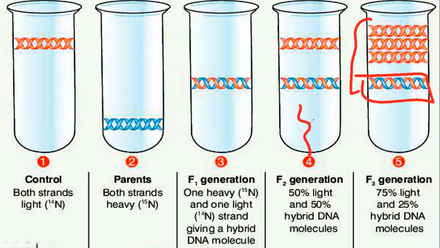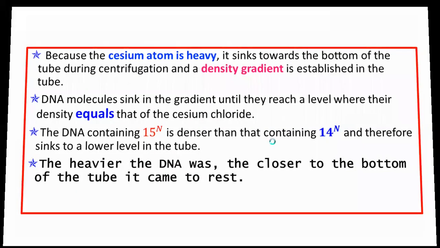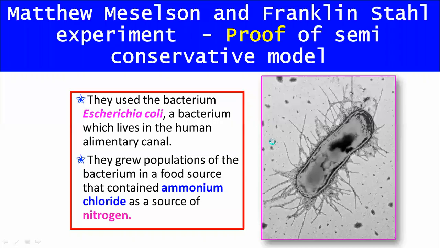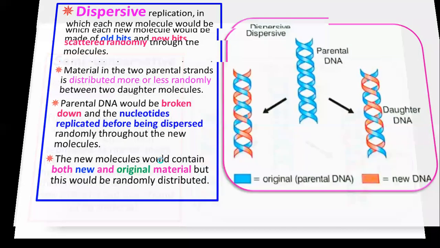It's not dispersive either. You remember there were three suggestions regarding DNA replication; let me go back to those quickly. There were three suggestions that there could be three patterns for DNA replication. Look at this. This was the dispersive pattern. Then there was the fully conservative pattern. And then there was the semi-conservative pattern. So I hope you remember we did it already.